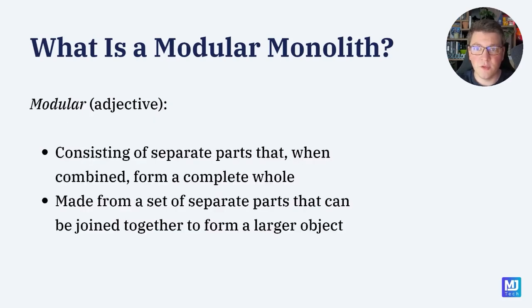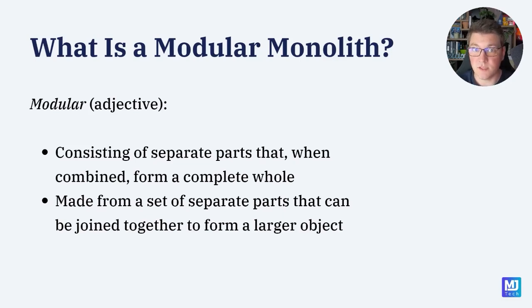So here are two definitions for the word modular. It says consisting of separate parts that, when combined, form a complete whole. And then we have another definition, made from a set of separate parts that can be joined together to form a larger object. And these two explanations are very telling of what we are trying to achieve when building a modular monolith. So our monolith system now consists of something called a module, and these modules come together to form